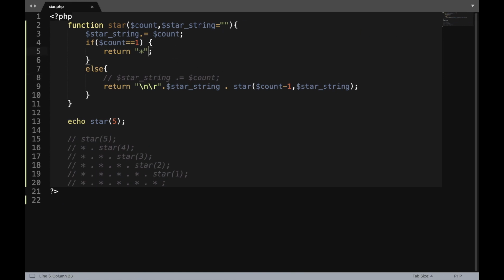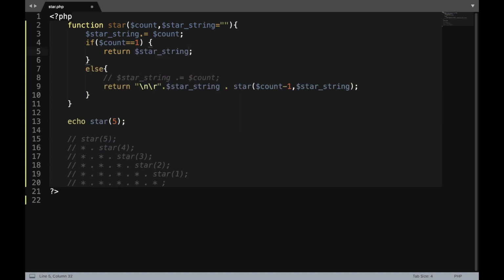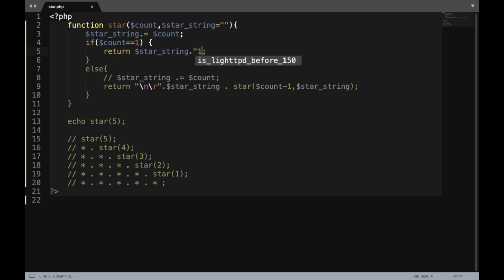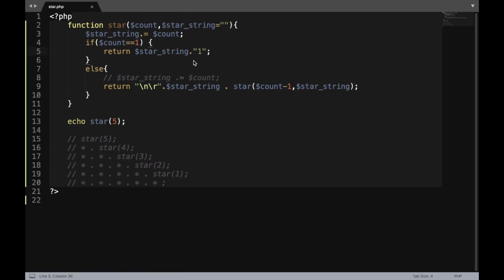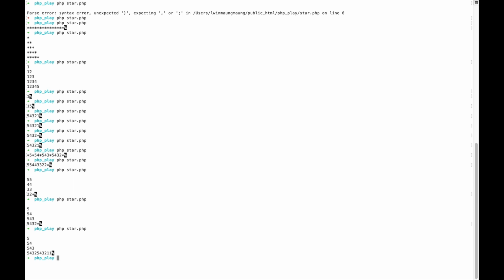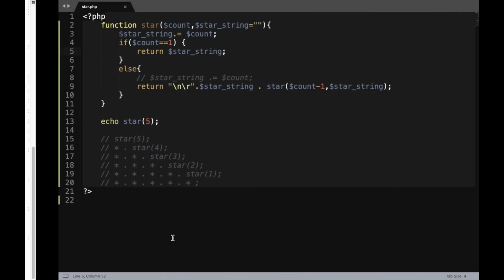Count equal 1. Return star string dot 1. Okay, have a look at it. 5 4 3 2, and then 5 4 3 2, 5 4 3 2 1 in here. How? Because